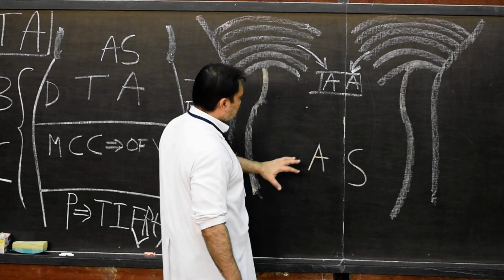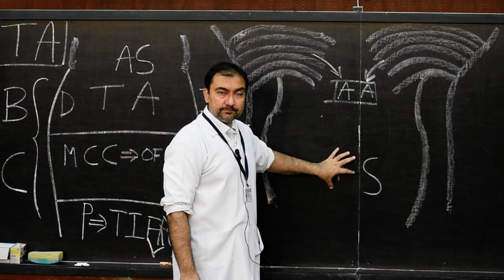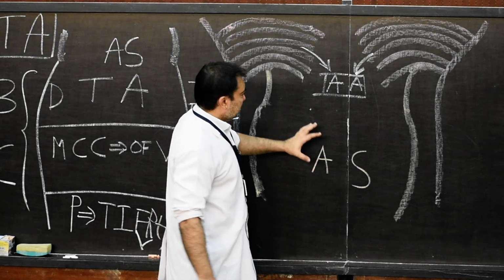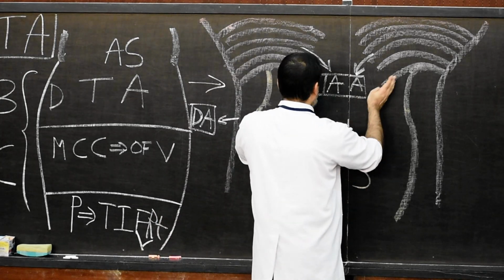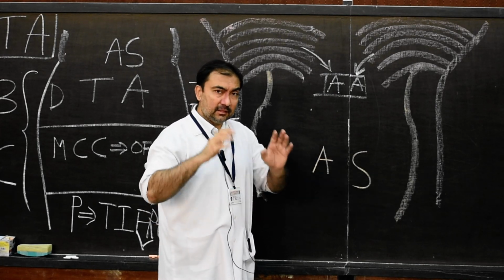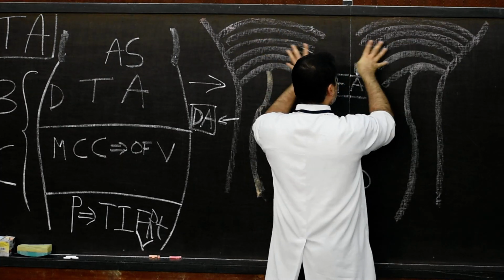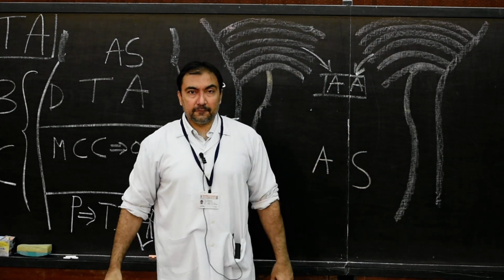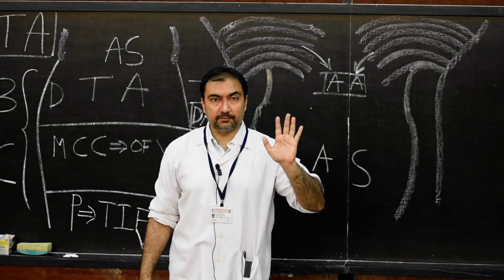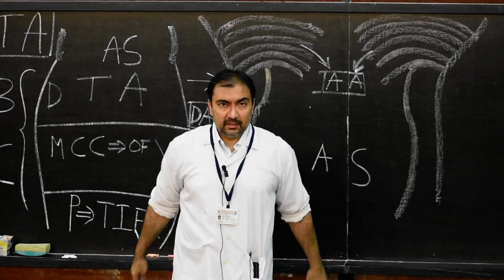So our aortic sac is the cephalic most part of truncus arteriosus. In the cephalic region, it will divide into right and left horn of aortic sac. Now each right and left horn of aortic sac is connected to the dorsal aorta through 6 pairs of arterial arches. This is our introductory portion, a very simple introductory portion of truncus arteriosus.